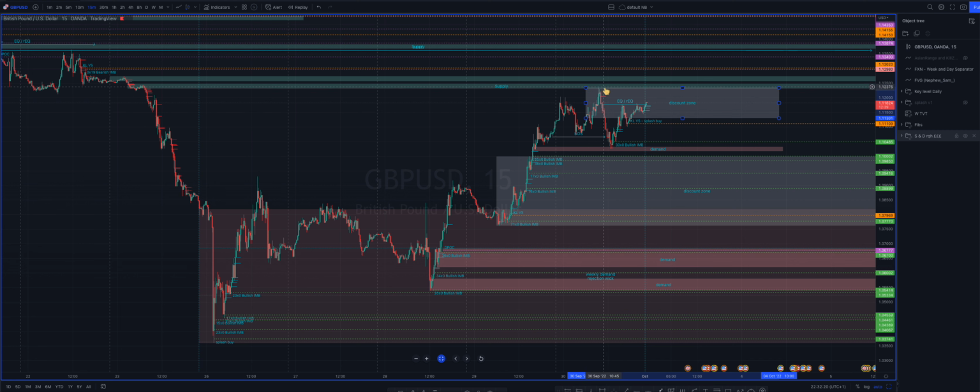Rejection wicks above, just under supply. Supply was tested very, very shyly before. We've got areas of supply even above that and areas of liquidity above that, that have obviously been respected previously. So it could be that the market comes up, liquidates these highs into supply or any of these key levels